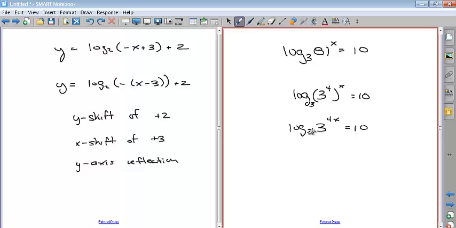And at that point, you can take the 4x out, which we could have taken x out here, but then we wouldn't have been able to simplify that. So you take the 4x out, and you get log base 3 of 3 is 10. Well, log base 3 of 3 is 1. Anytime this is the same, then it's 1. So you get 4x equals 10, or x equals 2.5. So that's one way that you can use